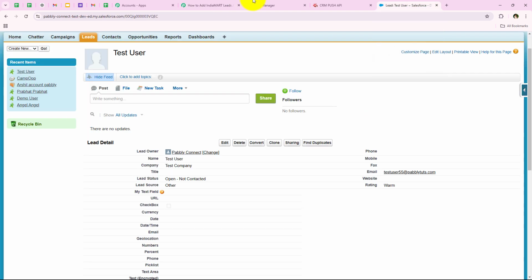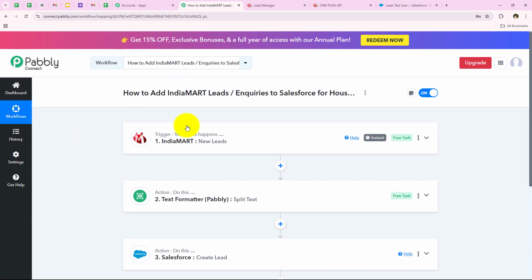Over here you can see the lead details added in our Salesforce account with the same lead details received from our IndiaMART account. So yes, this was it for the video,